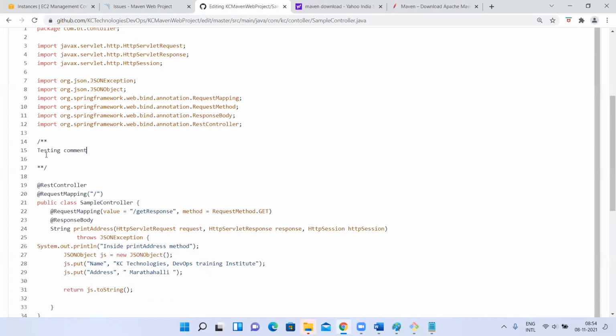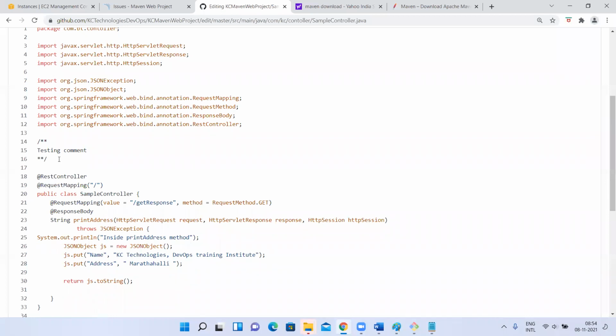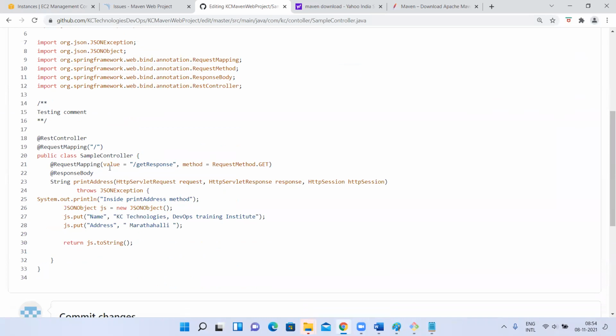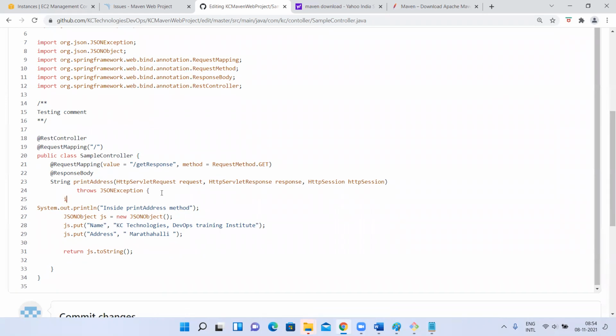Testing comment. I'm writing like this. One more thing, I'll write something like this. This is the function, request mapping string address. Here I'll write int a equal to 20. I'm writing one variable that I'm not going to use. So let me commit the changes.